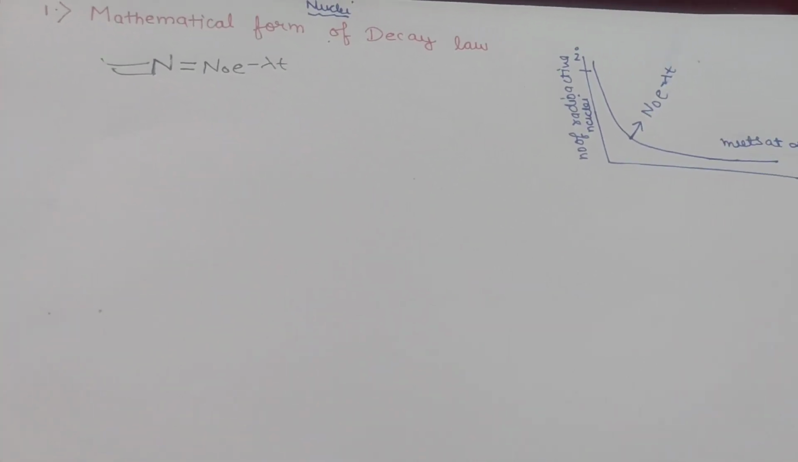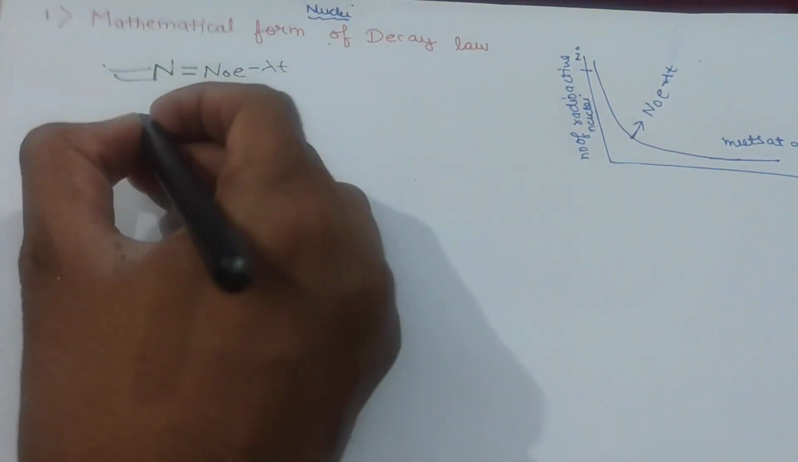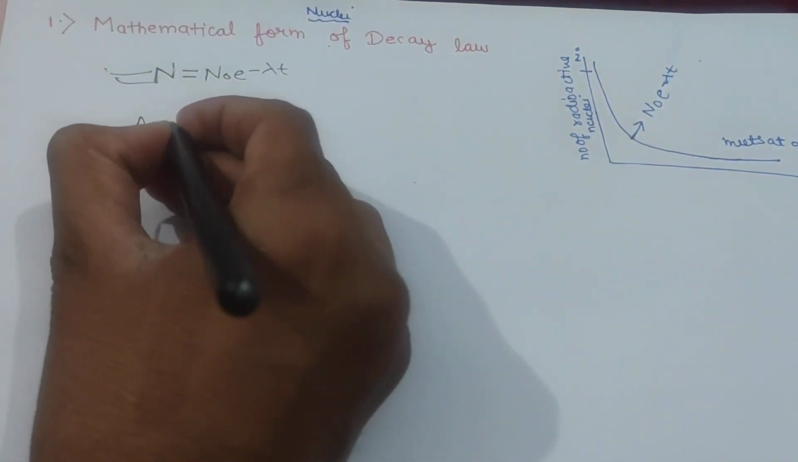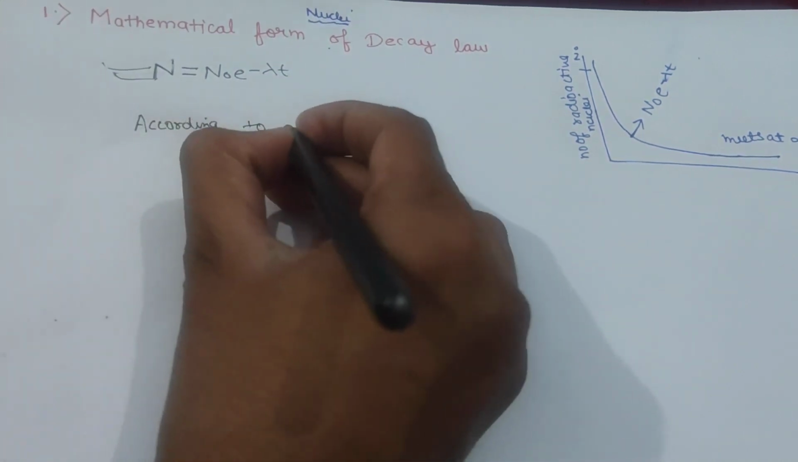Hello friends, today we will derive the mathematical form of decay law. So this is what we will derive. So according to decay law,